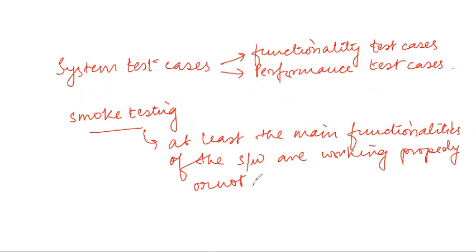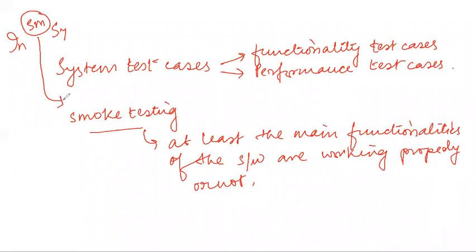So, unless the software is stable and at least the main functionalities are working satisfactorily, system testing is not undertaken, because there is no point in system testing when the main functionalities itself are not working properly. How come the entire system will work according to the expectation of customers? So it's very obvious. So between this integration testing and this system testing, another testing is done which is known as smoke testing, and its main job is to see whether the main functionalities which are designed in this SRS document are working or not.